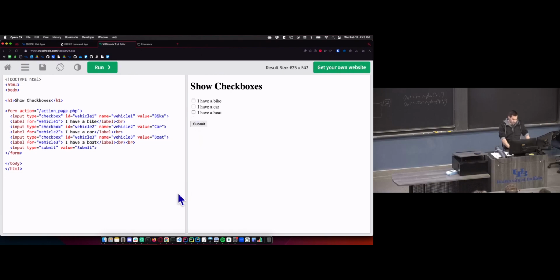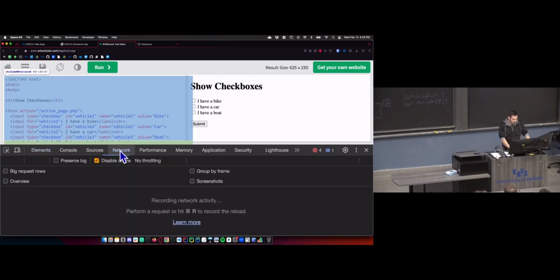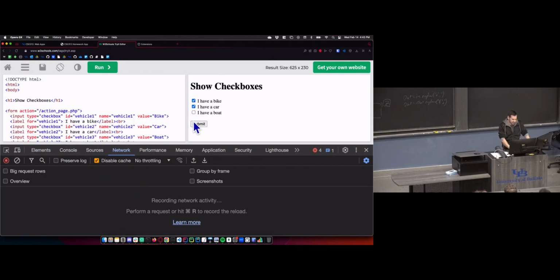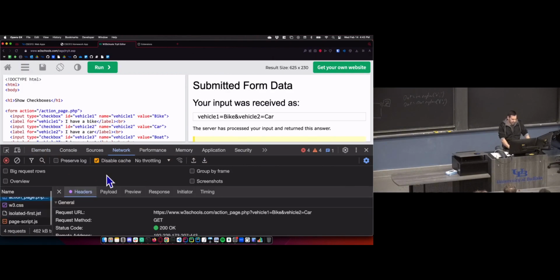And the way this one works, just to show you the intended functionality, if I go to the Network tab and I click a few of these things, when I submit this, it's telling me what was submitted, but we can also verify in the console. What this is going to do is submit this form. It's not using any method or encoding type. We haven't even talked about encoding types yet. So what this is going to do is send a GET request, that's the default, using a URL query string with the keys and values. And we have name vehicle1, value bike, and it's going to tell me all the checkboxes that I had set.